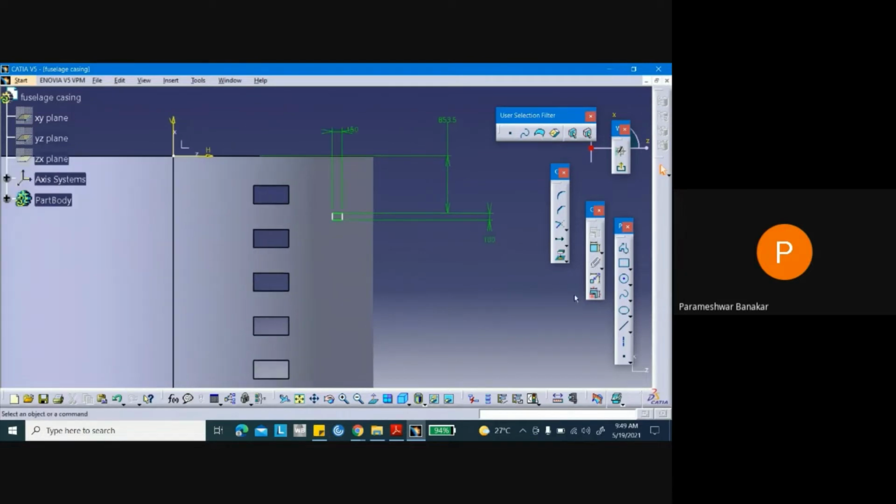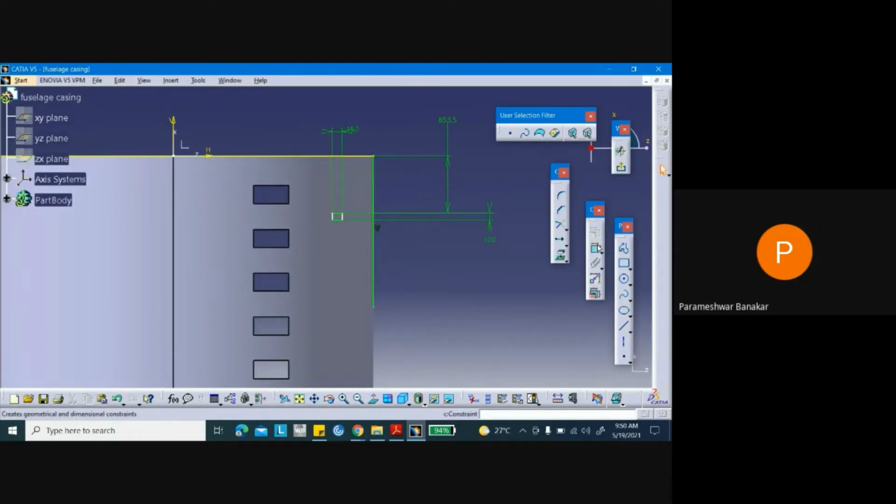You can come here, project 3D element is there, one option. Just click on that and click this edge, because here we cannot get those points, right? You will get this yellow color line, and then from this point you can drag one small line like this, which is exactly at this curve.